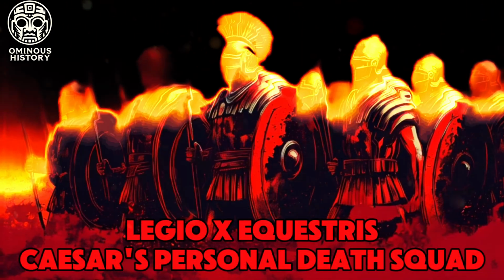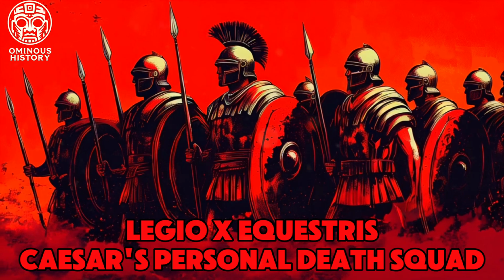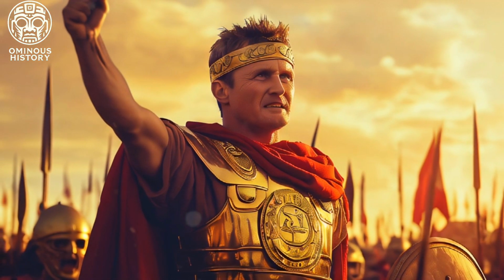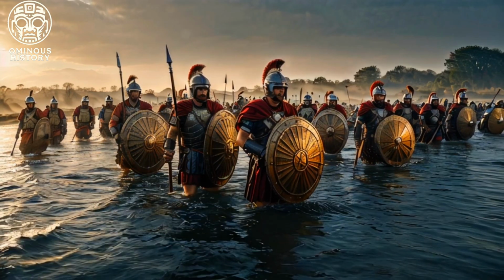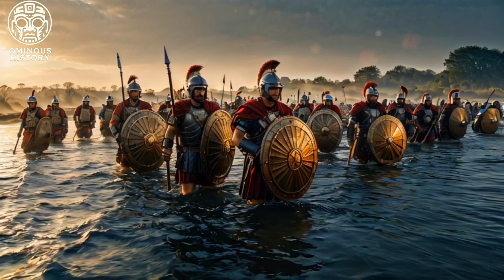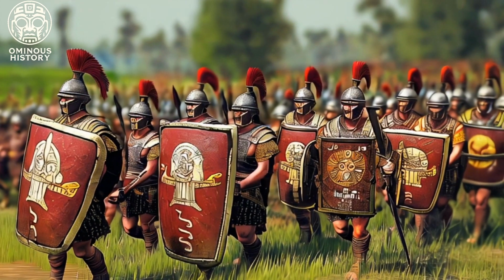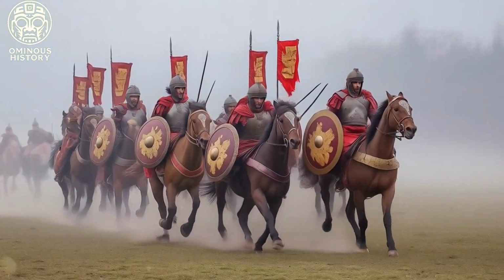Legio X Equestris, Caesar's personal death squad. Julius Caesar's rise from ambitious politician to dictator was built on the backs of Legio X Equestris. Formed around 61 BCE, its early moniker Equestris hinted at its original cavalry role, though it later evolved into a